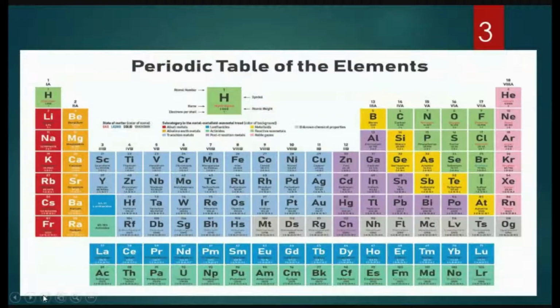So this is the periodic table. In the last year you have studied about the S block elements as well as the P block elements. That is why in this year you will be studying about the remaining two blocks, that is D and F block elements. Here the elements of the first two groups are collectively called the S block elements, and the elements belonging to groups 13 to 18 are called the P block elements.